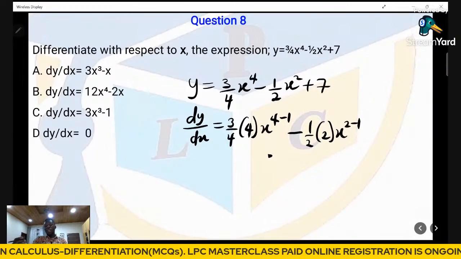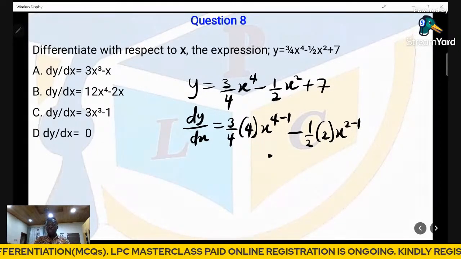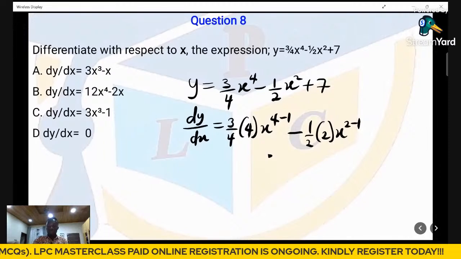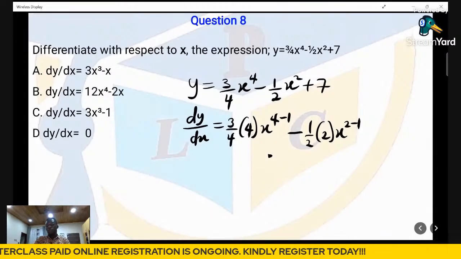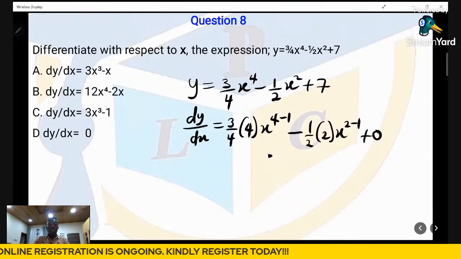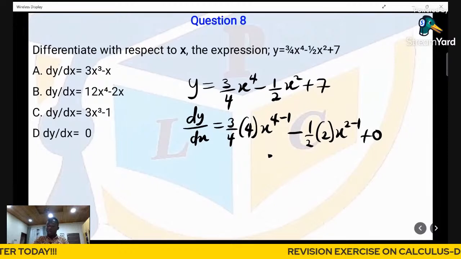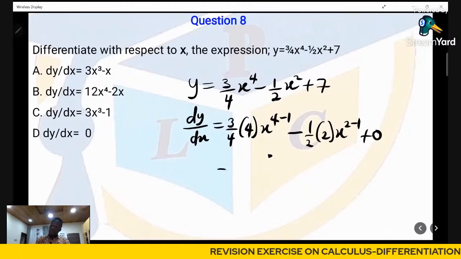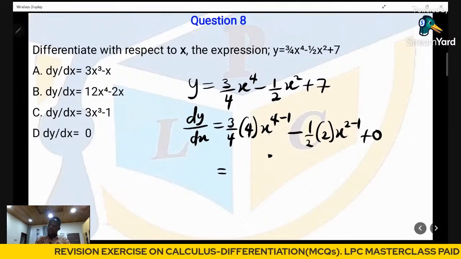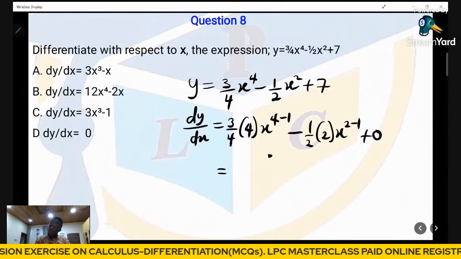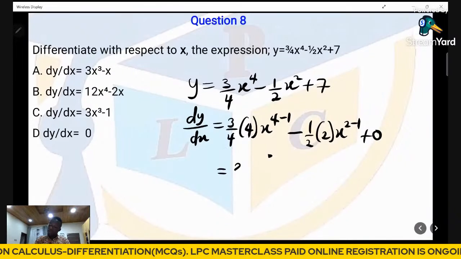From our differentiation class, we learned that the differential of a constant will result to 0. So the differential of 7 is going to result to 0, because 7 is a constant. So you either ignore it or you add plus 0 to actually follow the method of answering your question. So therefore, we will say that 3 over 4 multiplying 4 x to the power of 4 minus 1, we are getting 4 will cancel 4, so we are getting